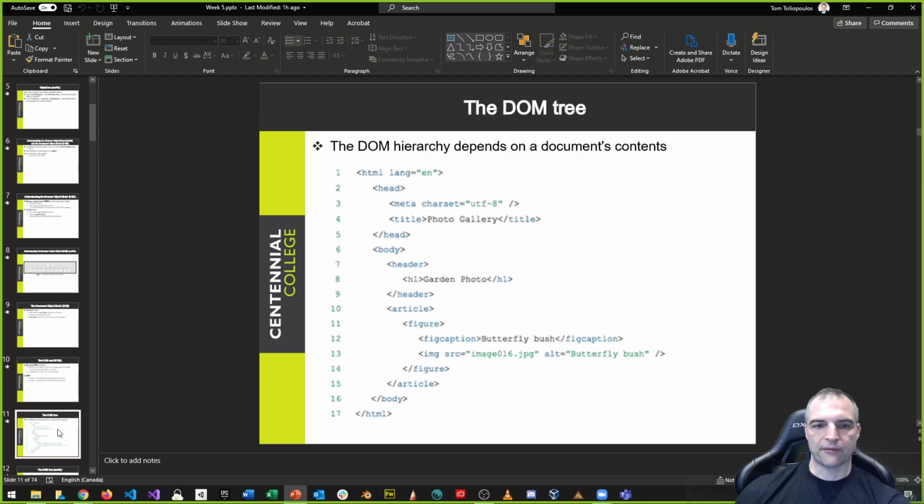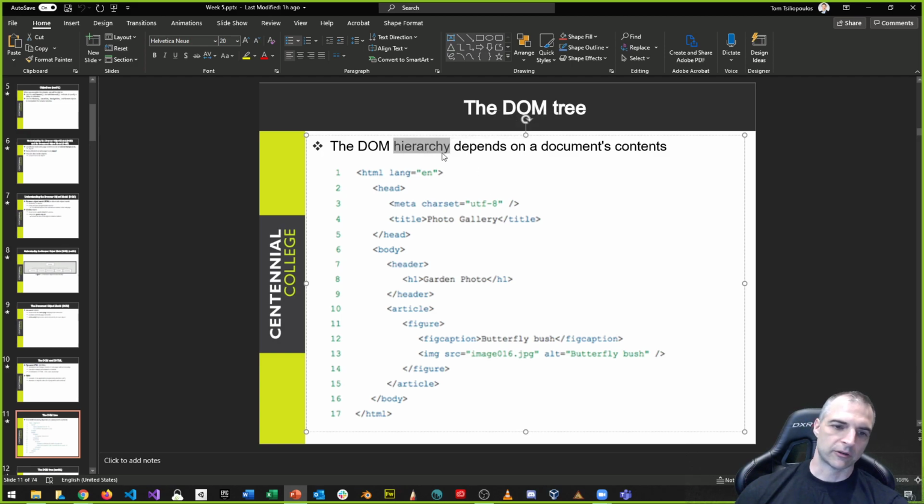So here we have an example of a page, and the DOM has a particular hierarchy. And I think this word is a really cool word because basically,